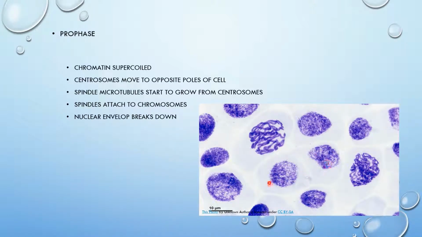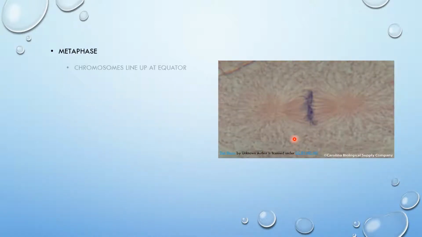These cells right here, they're all in interphase. And the way you distinguish cells in prophase and interphase is that cells in prophase already have the shape of chromosomes, if that makes sense. Anyways, metaphase. Metaphase looks like this. So basically what happens in metaphase is that chromosomes line up at the equator, centrosomes go to opposite poles, and